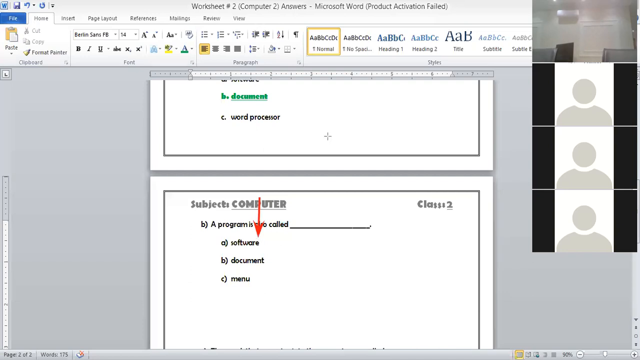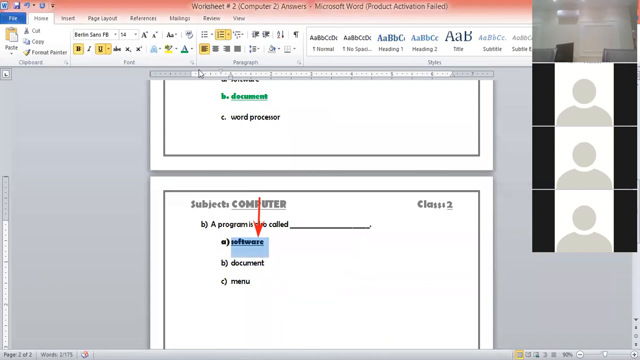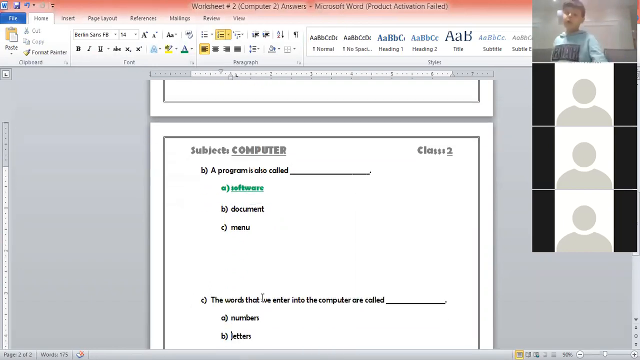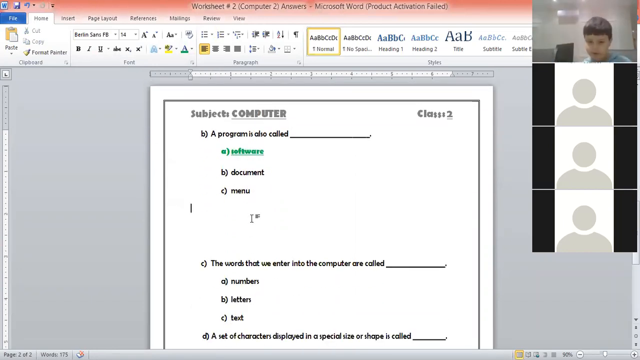Okay. Whosoever is participating in the chat and in the class, they all are doing great. So, Monthar also sent the correct answer. Now, the correct answer for question 3B is software. Now we are moving towards the next question. The next question is showing us that